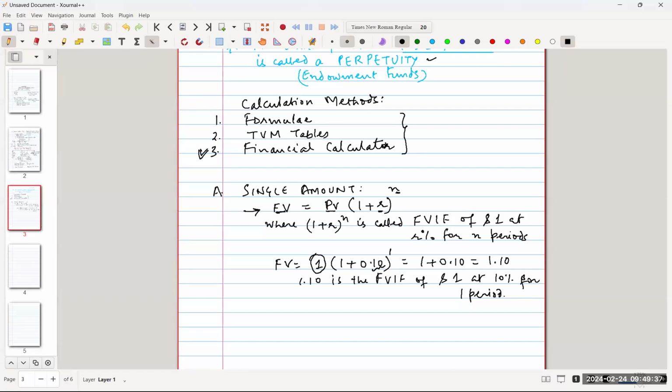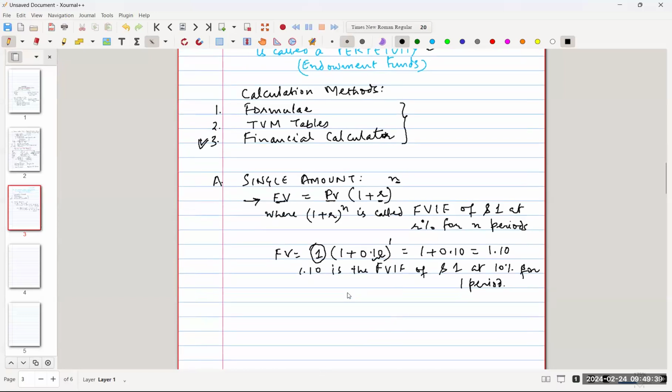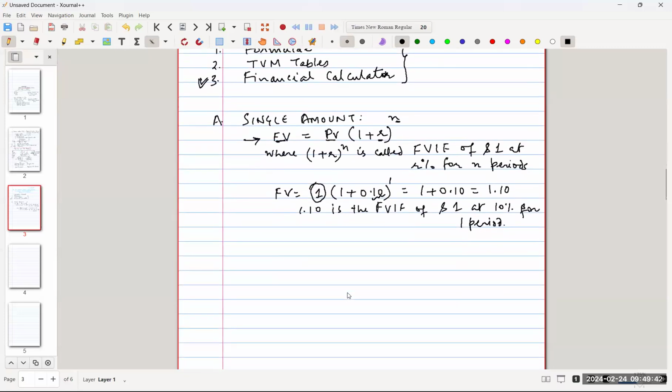So we dealt with a single amount, and we dealt with calculating the future value of that single amount. If you were to calculate the present value, what would you do? You would just play around with this equation, right? You would write it in present value terms. You will say PV is equal to FV divided by (1 plus R) to the power of N. Alternatively, you could also write this as FV multiplied by 1 over (1 plus R) to the power of N,